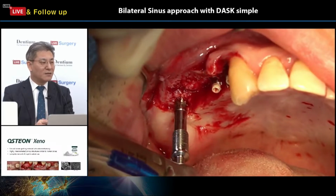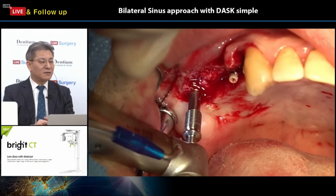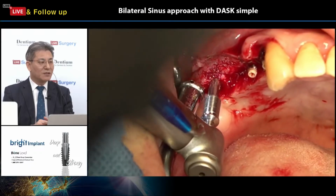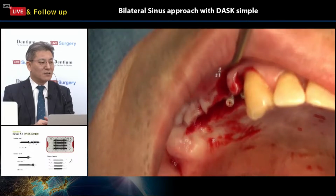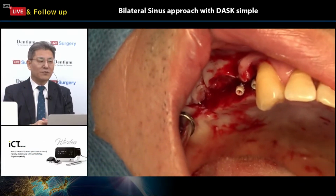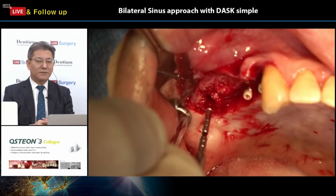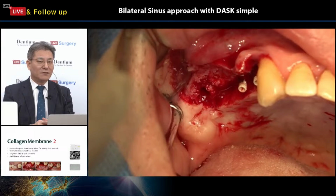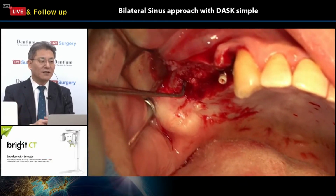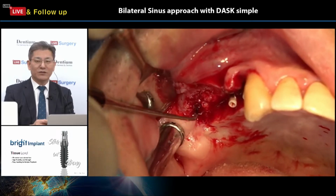However, the site is number 17, not 16, 17 areas. Because number 17 is a better place for the crystal approach. And also, in the mechanics, as you know, number 14, 15, 17 combined with each other to make a 4-unit bridge is better. Number 14, 15, 16 and cantilever, right? So which one is better? You know, 14, 15, and 17 4-unit bridge is better than 14, 15, 16 cantilever, right? So Dr. Chung is trying to install the implant fixture on the number 17 site,